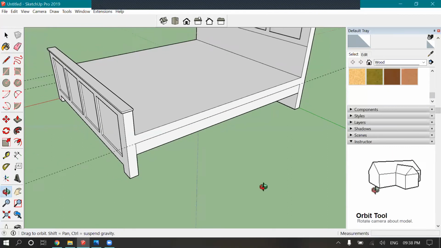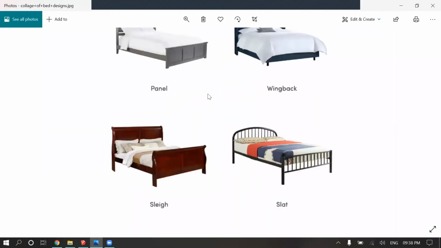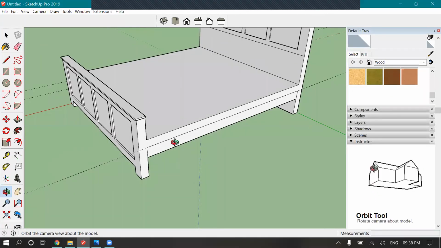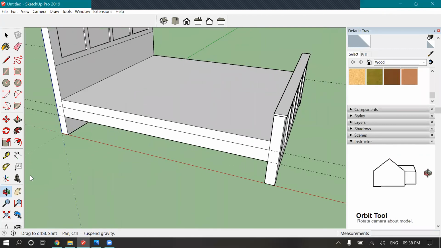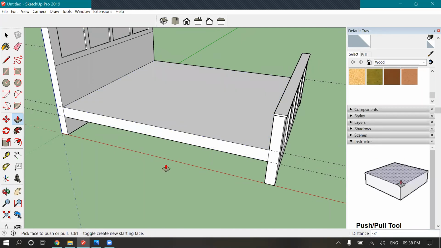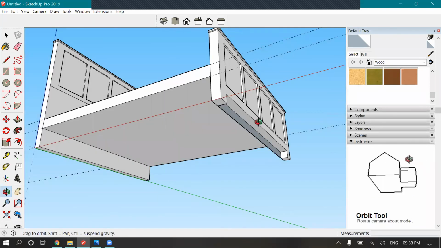This is our mattress area. This part has got no space, no work, so we can remove it.